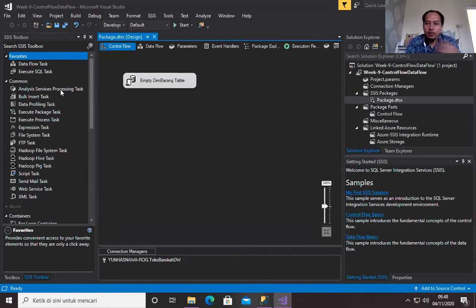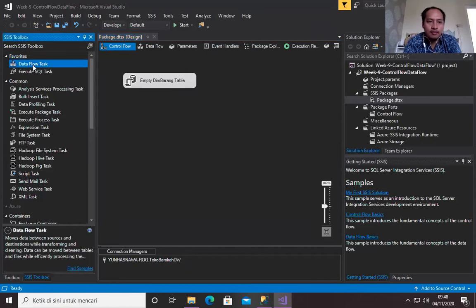So whenever we want to make a data flow, to make data move from its source to its destination, we have to choose the data flow task. Drag and drop the data flow task here.